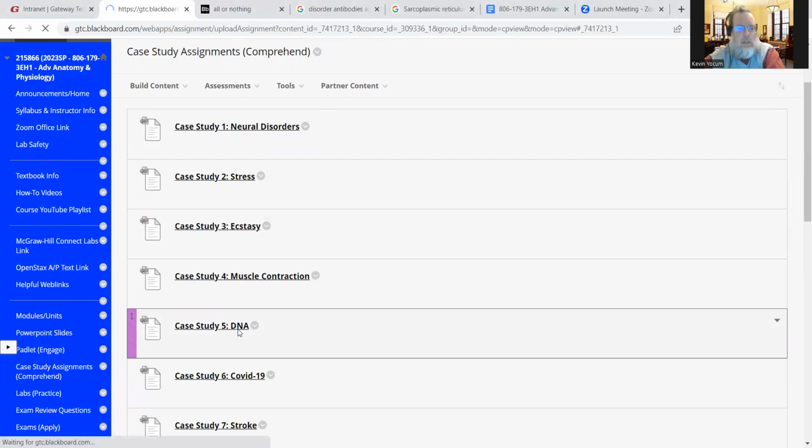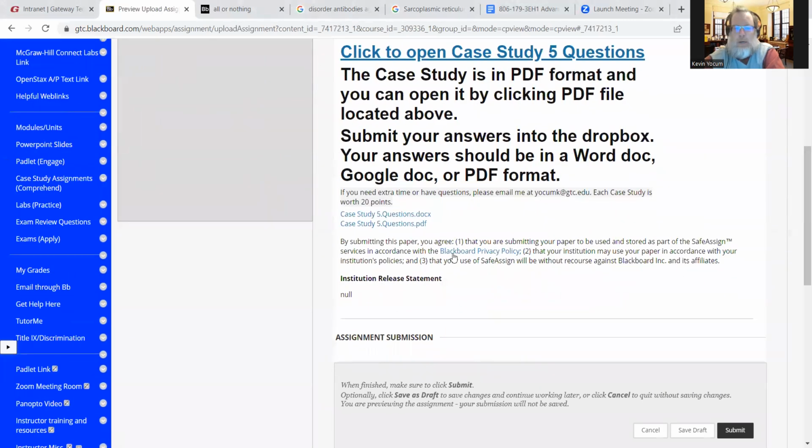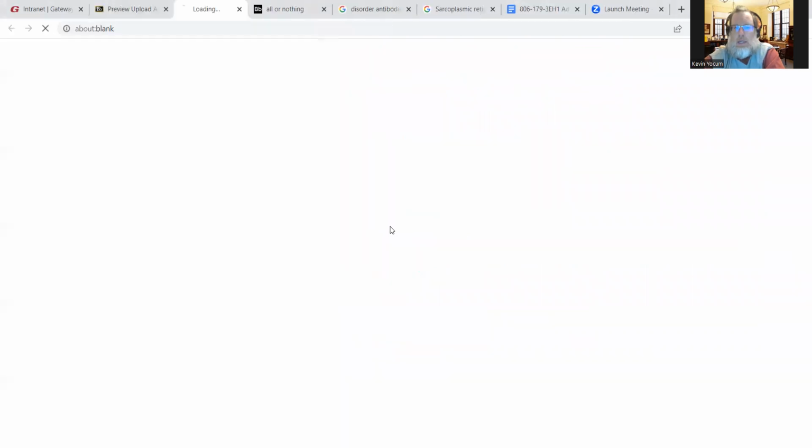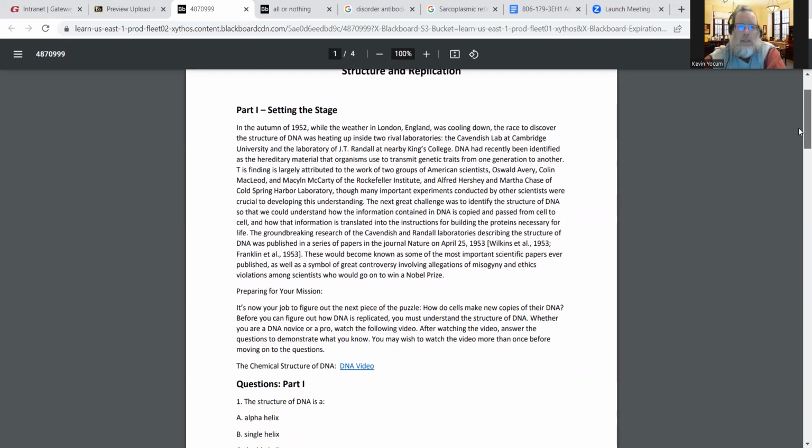Let's go right into this one. Now, this case study is not very long. We're not going to need to spend very much time on this one. Case study 5. This is going to be kind of an activity on the basics of DNA structure, as well as the history of the understanding of the basics of DNA that occurred back in the 50s. So it's kind of a DNA history lesson toward the end. And the first part is going to be more of a what are the basics of DNA. So it sets the stage,